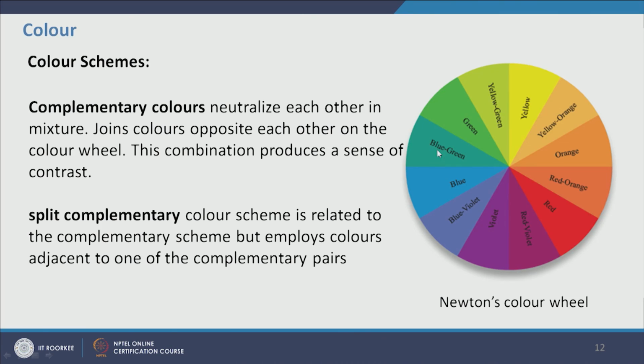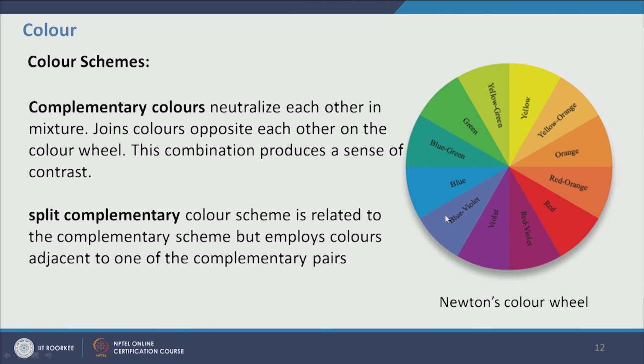So if we take one primary color, the triadic color scheme will always be the other primary colors. If we take one secondary color, the triadic color scheme will be the other secondary colors, and similarly if we take tertiary colors, the triadic color scheme will always be tertiary colors. For example, if we take the tertiary color blue green, then the color scheme will be blue green, yellow orange